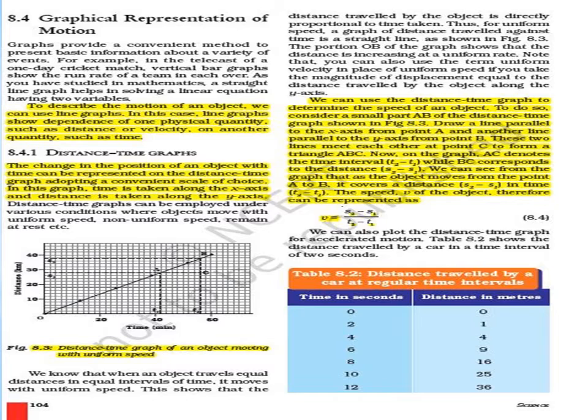We can see from the graph that when the object moves from A to B, it covers a distance S2 minus S1. The distance covered is S2 minus S1, and what is the time? The time is T2 minus T1. The speed v of the object therefore can be represented as v equal to (S2 minus S1) divided by (T2 minus T1), because we know speed or velocity is the ratio between distance and the time. So here it is the distance and here it is the time.